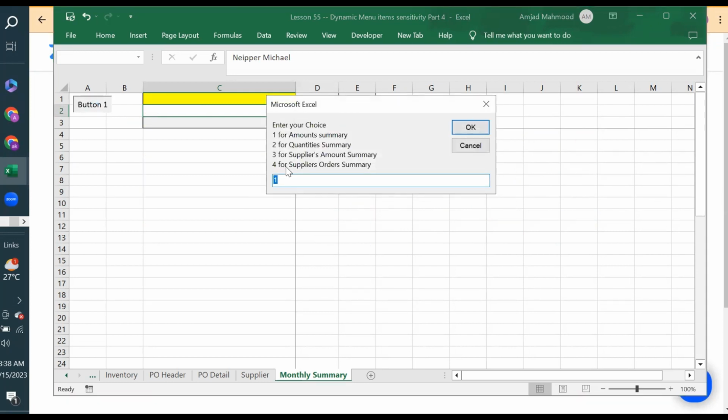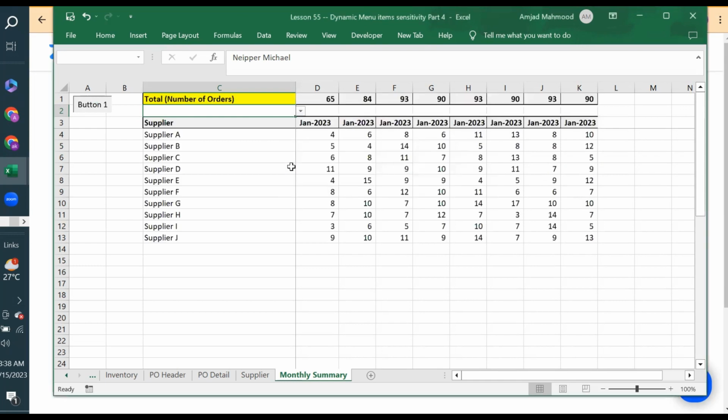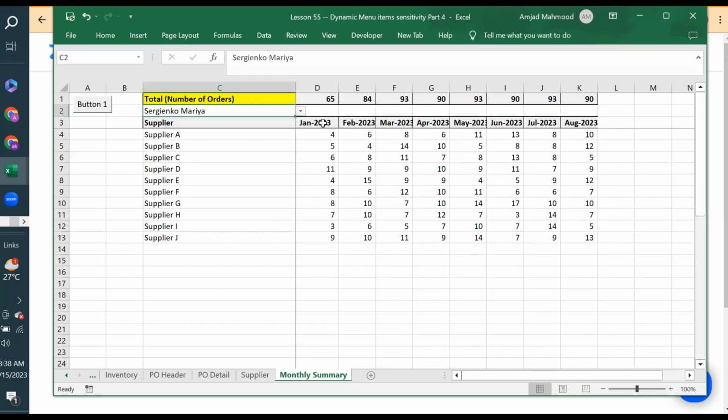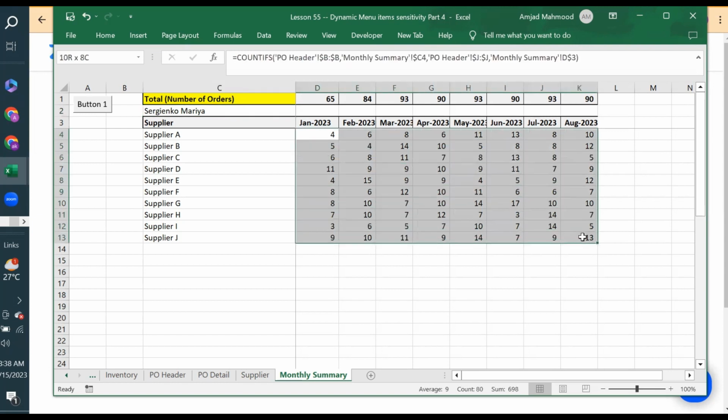And now let's take the quantitative summary. That's 4. Okay, that much. This has yet to be done. I don't think that this will have any impact because we have not made any changes on the 4 part. So we will make it. No changes coming. So it means here we will have to amend this part so that it also takes care of this criteria, that this user is involved in how many products, how many purchase orders,